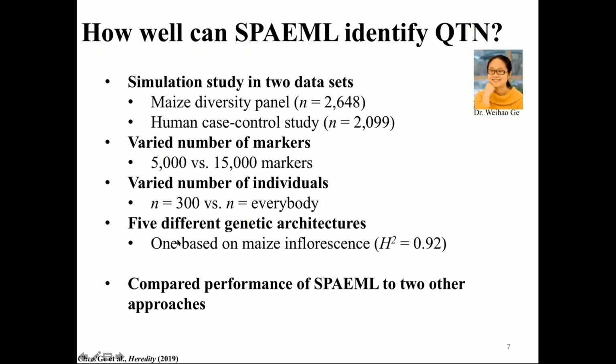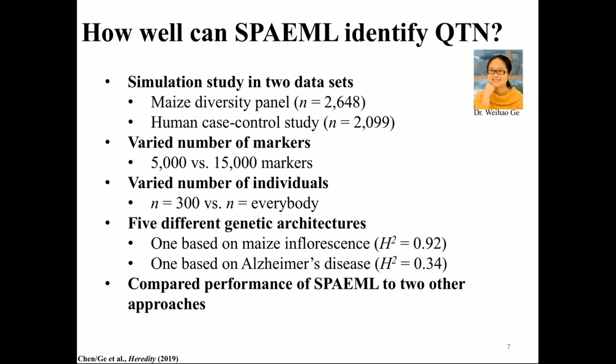One is based upon what is known in the literature about the genes underlying maize inflorescence. Here's the corresponding broad sense heritability we simulated. Then another one was based off of what is known in the literature about the genes underlying Alzheimer's disease in humans. So both of these have approximately 24 additive effect loci of subsequently smaller effect, and then 1 major large